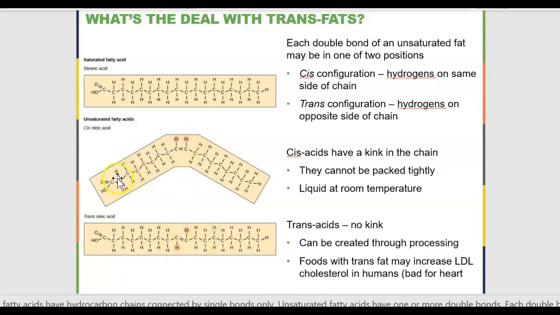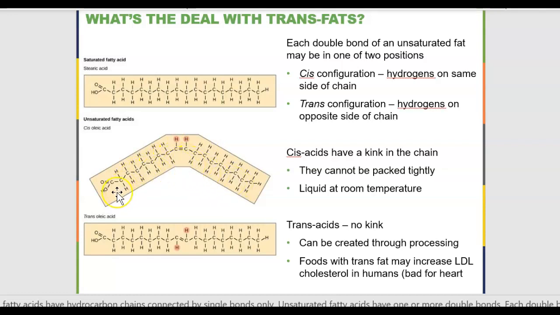Remember, these are the same chemical formula, but the question is, what groups are on the same side or on the opposite side of the double bond? So here we'll follow just the hydrogens. The hydrogens in this case are on the same side in this unsaturated fat,